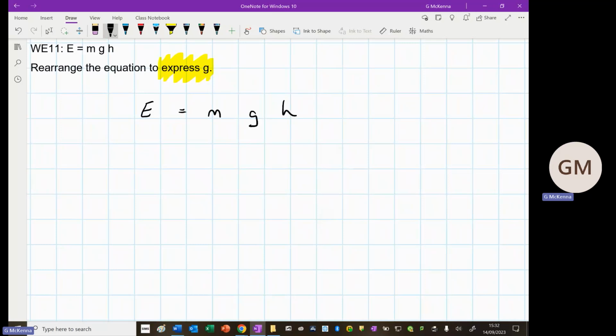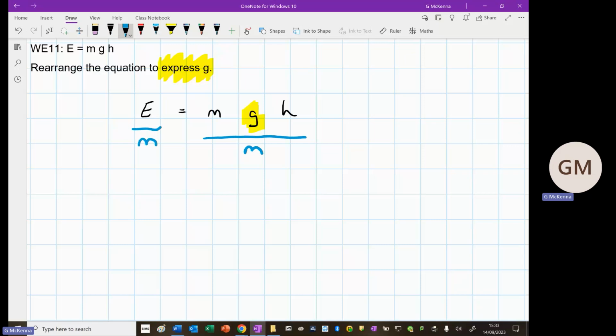And again, I'm just going to do this step by step to start off with. So let's say we do, of course, want to leave the g on its own. Maybe we want to eliminate the mass first of all. It doesn't really matter whether you eliminate the mass or h. It's whatever works best. I'm just going really from left to right. So if we divide the right-hand side by m, of course, we need to naturally divide the left-hand side by